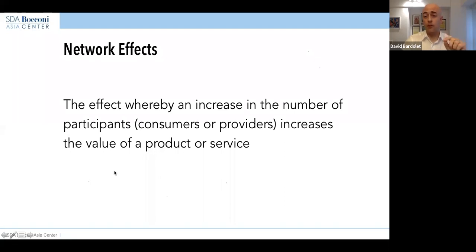Now, these network effects don't come automatically for all the platforms. Not all platforms are created equal in terms of potential for network effects. Because this is something that in the press, in the way we talk about platforms, sometimes people talk about platforms like it's a given that network effects are there. So we created this platform, and then thanks to network effects, we'll get it this big and we'll make a lot of money. What can happen?